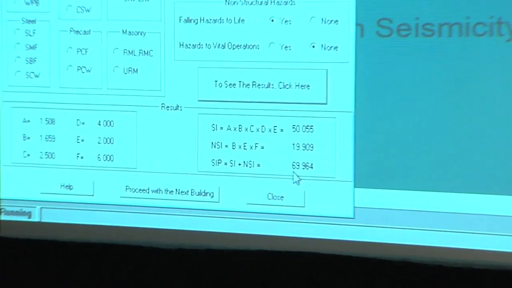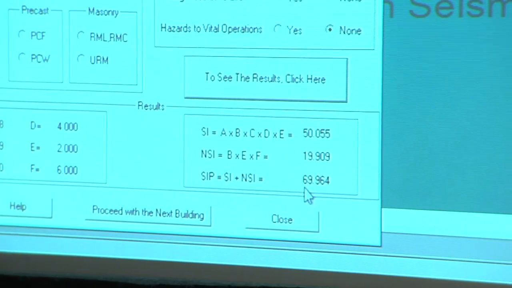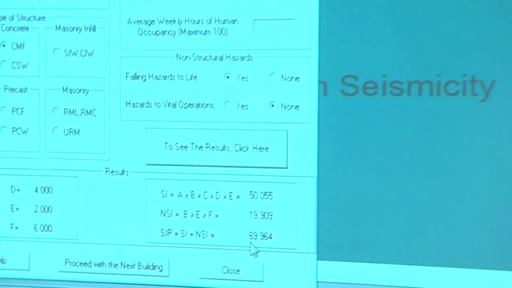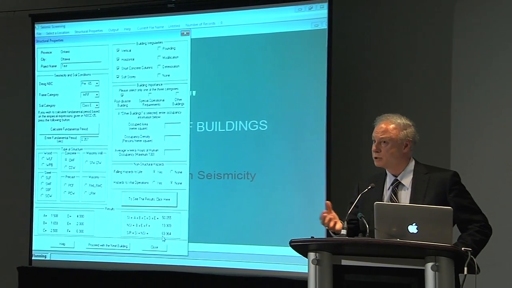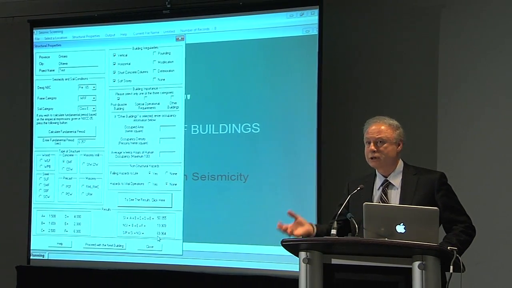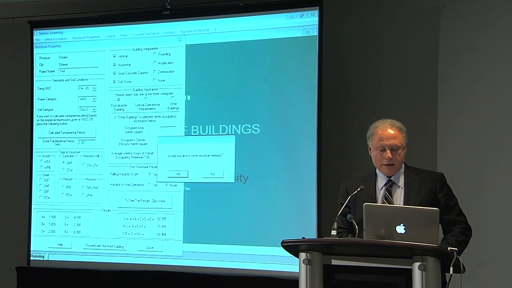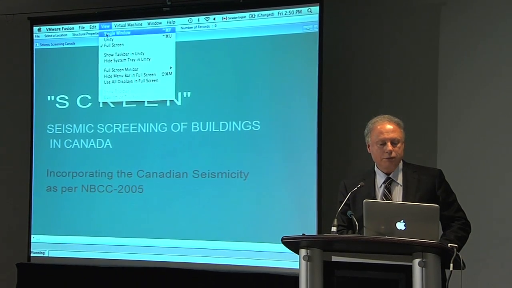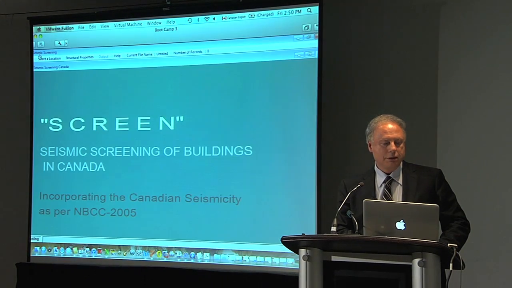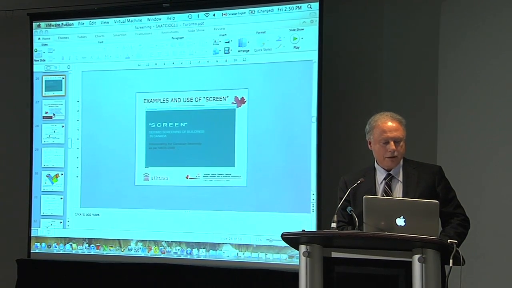Here's an extreme example. This is on a soft soil, very short period structure, which means it would attract very high accelerations, all kinds of irregularities, hospital, and everything falling apart, falling hazards. So this is not unusual. Anyhow, this is an example that I wanted to show you quickly. We will now minimize the screen and then go back to